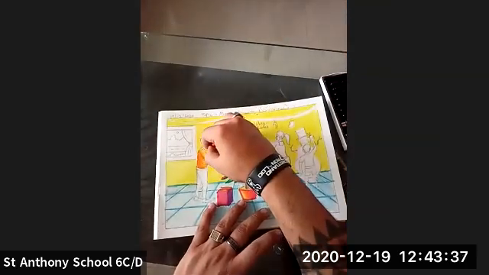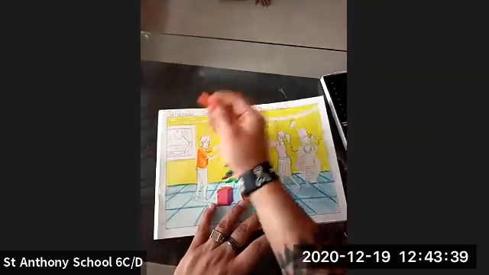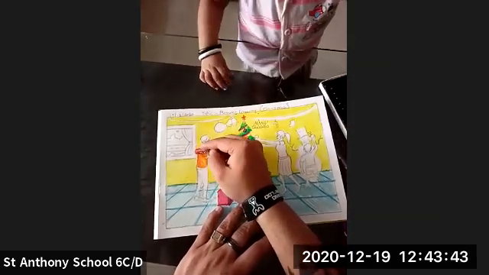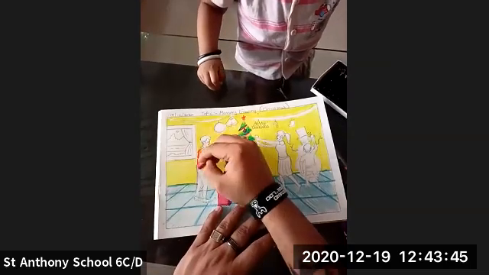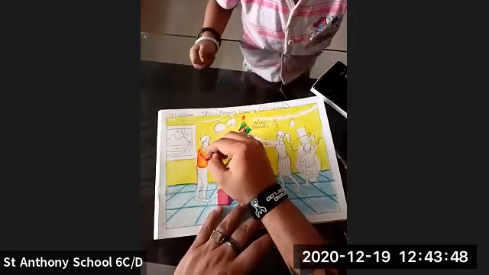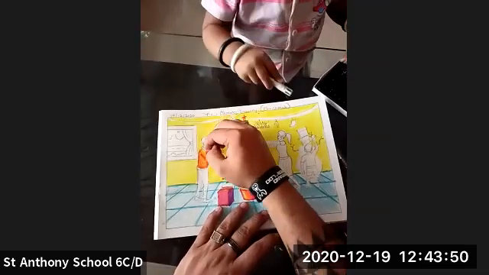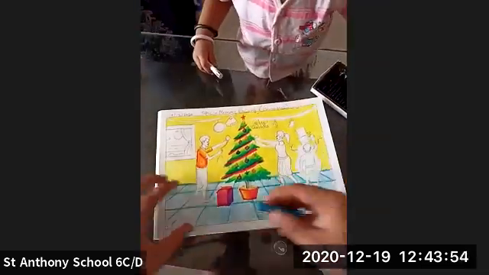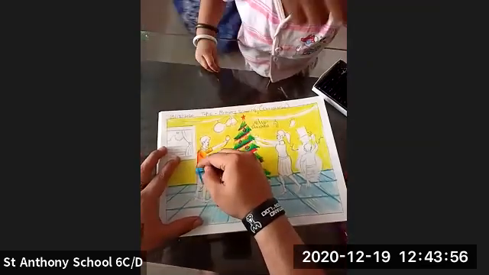As all these shades are present, your drawing automatically becomes more attractive. So this is how you're going to color it. Just look at this. So this is how you're going to add these color shades.